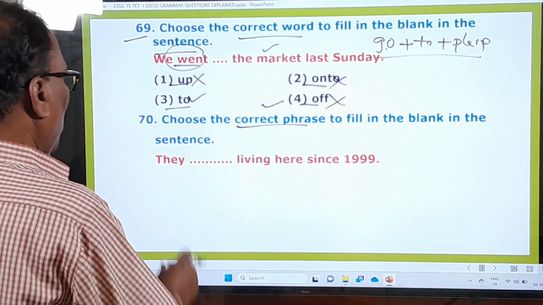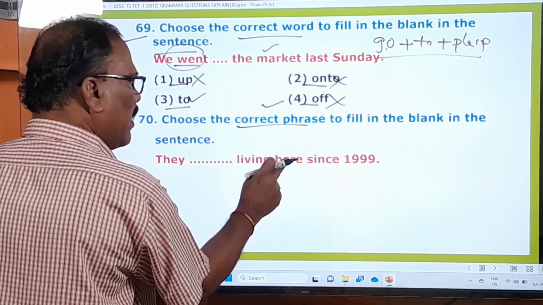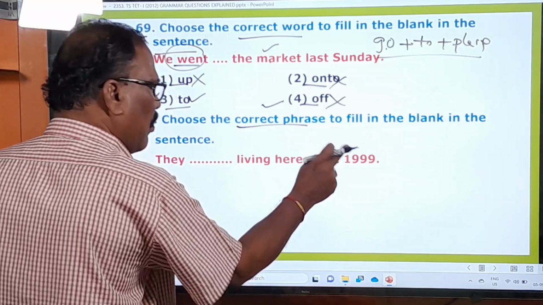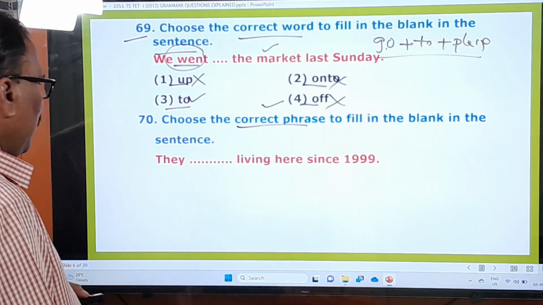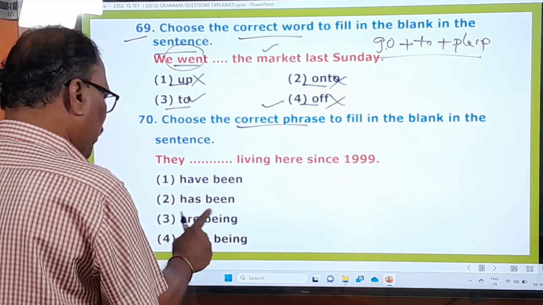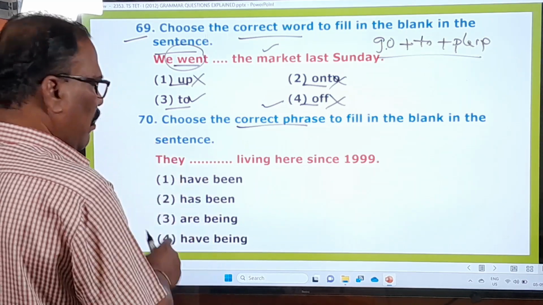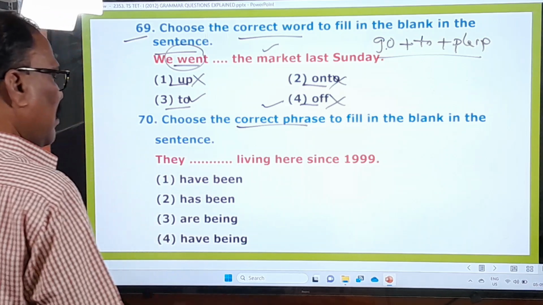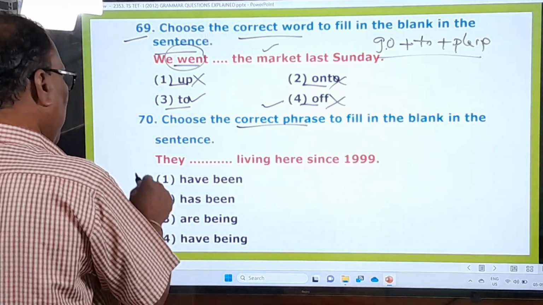Let us see the question. "They dash living here since 1999." Okay, and here what are the options given? Have been, has been, are being, have being. Okay, these are the four options, and here you see the very first one is the right one